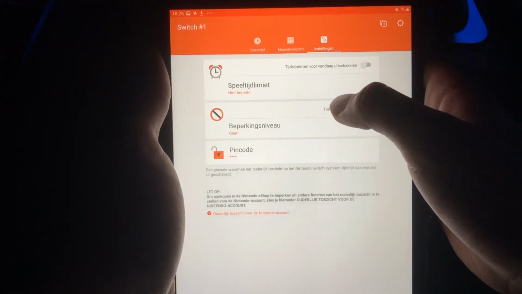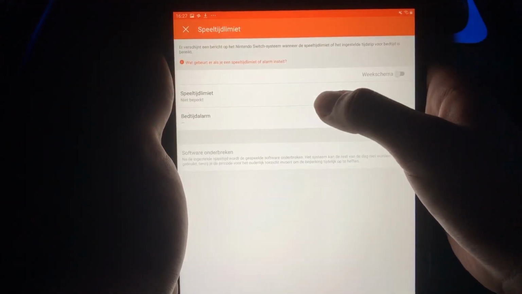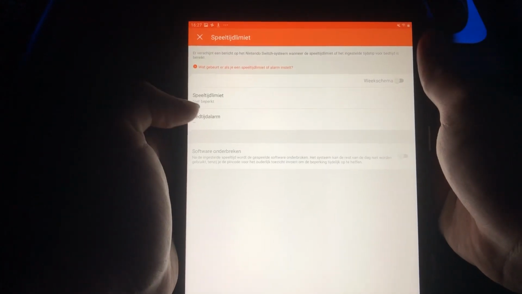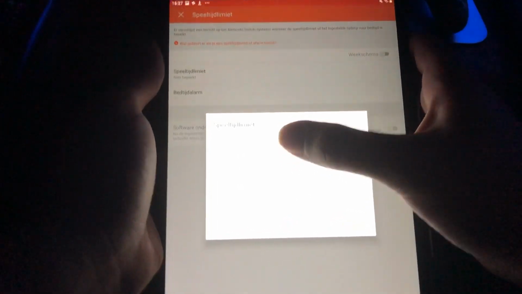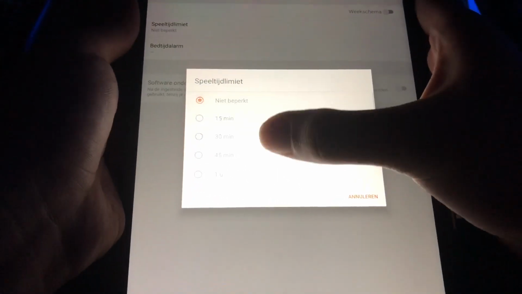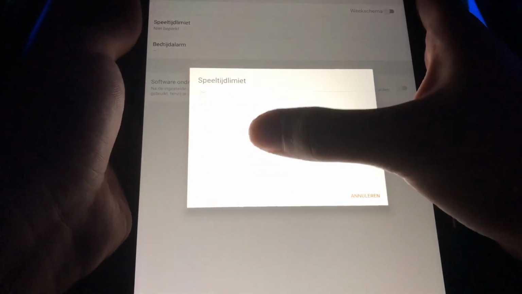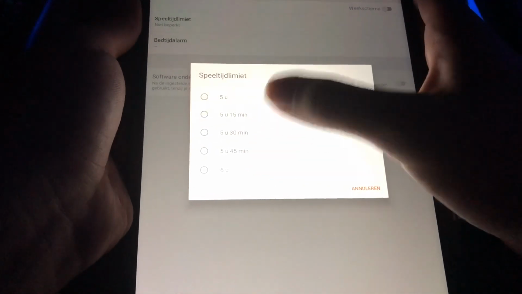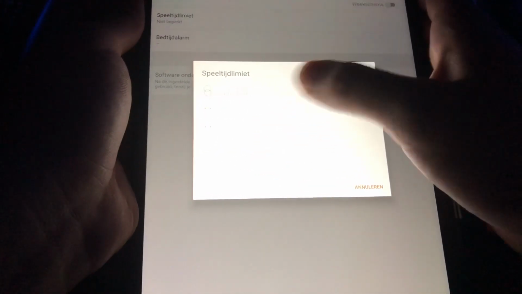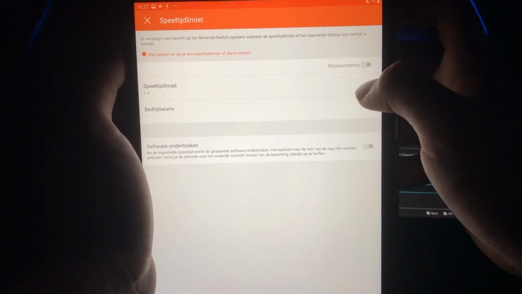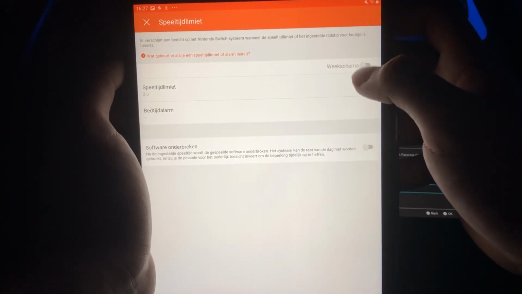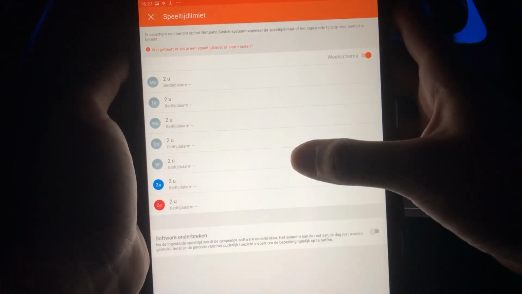And now the first thing you want to do is go and set a time limit. We can choose 50 minutes, like you see. We can do 50 minutes, 30 minutes, we can go up to 6 hours. So for example, you want to let your kid play for 2 hours, you just set it up for 2 hours. And then if you want this weekly, you can do this like a week.